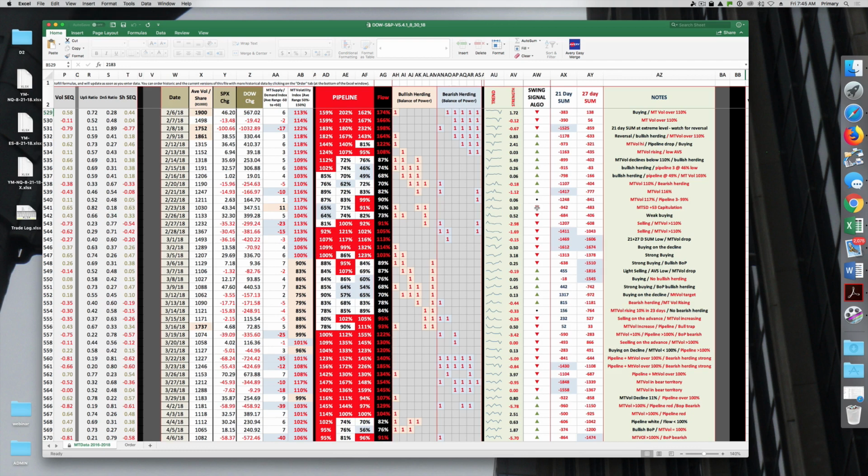But what I found is that it makes it even more effective when you combine the swing signal algorithm with the pipeline, and I'm going to show you exactly how we do that. So here's the secret in using the spreadsheet with the swing signal algorithm and the pipeline. Number one is that you want to take a look at the lows and the peaks of the pipeline. The way I measure the lows and the peaks is by taking the third column of the pipeline and the flow and looking at